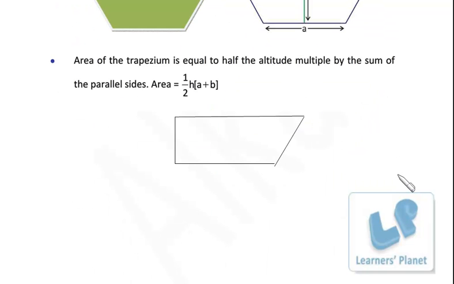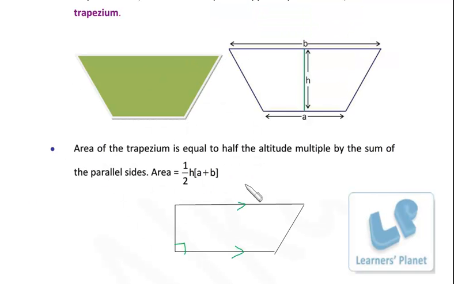Next is the right angle trapezium. In the case of a right angle trapezium, we have one angle as a right angle. Right, so this is the right angle and this is the right angle trapezium. This line is parallel to this line. Okay, the area formula remains the same in all these cases, whether it is a normal trapezium, isosceles trapezium or right angle trapezium. In the case of a right angle trapezium, this length will be equal to the distance between the two parallel lines. Okay,